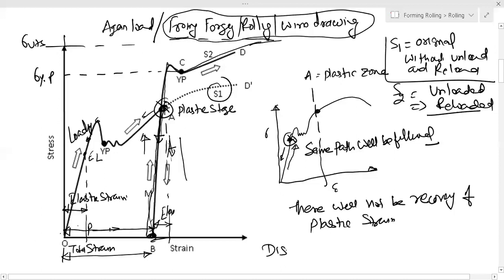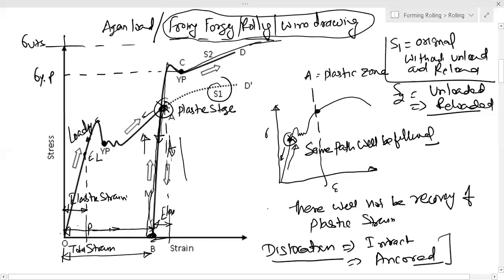So dislocations interact in the first loading and get anchored. Anchored, you check my spelling is okay. Anchored means dislocations get anchored, and finally that is the reason for the increase in hardness, yield point and ultimate strength. So basically work hardening or stress hardening is the phenomenon of increasing yield strength or ultimate strength and hardness because of the cold working of the material, and this happens due to the dislocation interaction, right? So this is the work hardening.